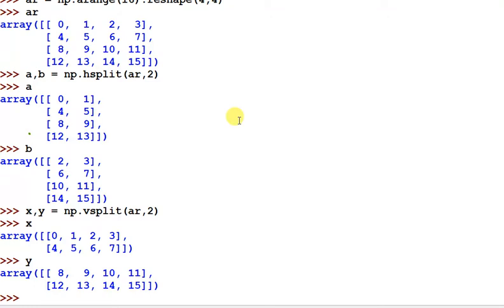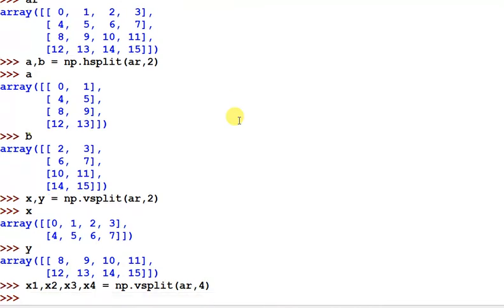And suppose I am using 4 different variables, x1, x2, x3 and x4, so there are 4 rows, and I want to vsplit the array and divide it into 4 equal parts.